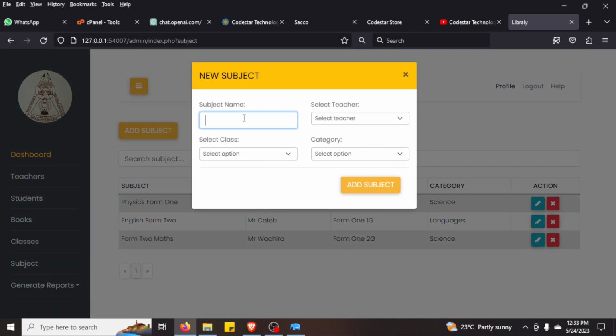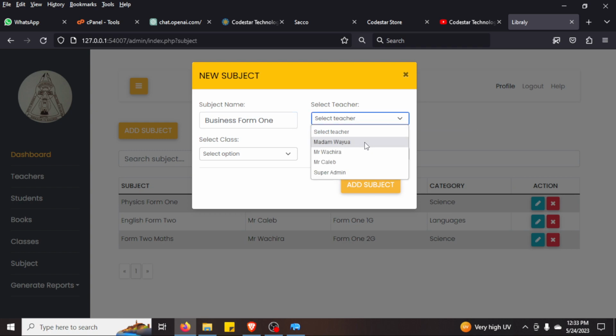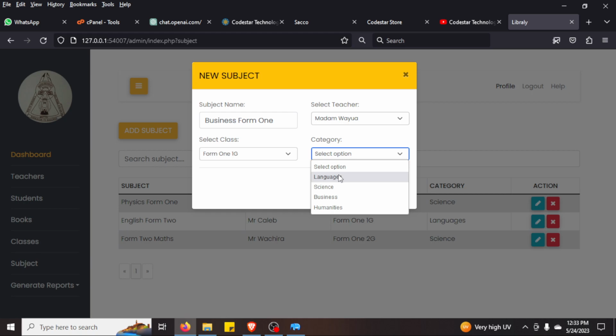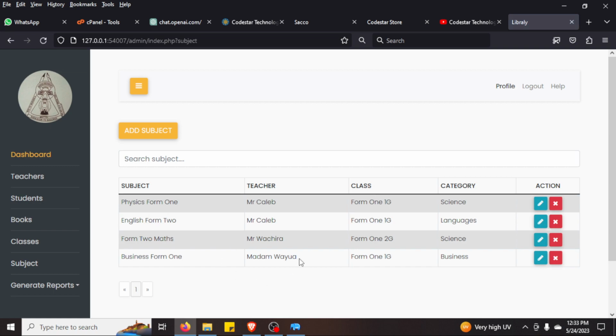I can add, like for example, business form 1. Form 1 books, that is the category of those books. And let me say Madam Wayua is going to handle all that. Then we have got form 1. Then we pick business, it is under business, yes. So add. So I have added that unit, and as you can see here, business has been added as part